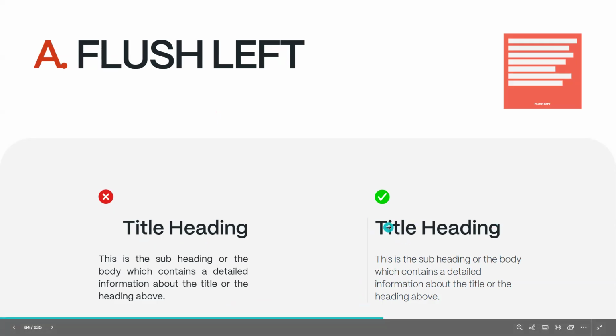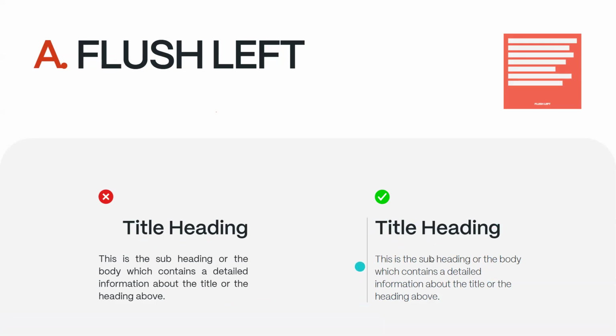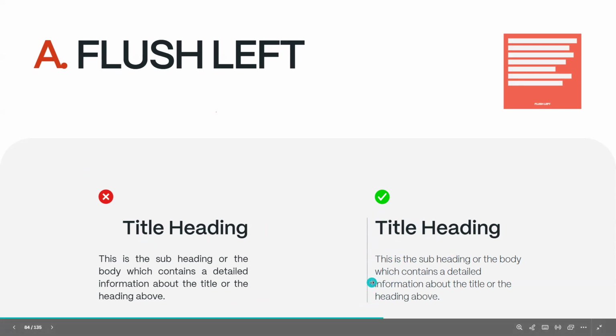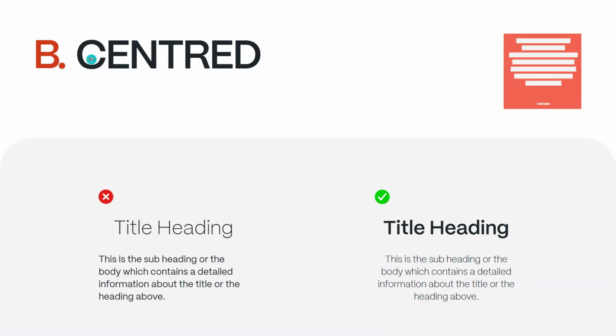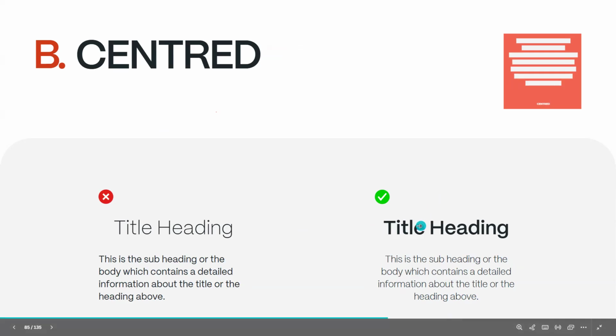Both the title and the body will align on the left side of the line. Center alignment: again, if you draw a center line here, the whole text will fall in the center of the line. That is how center alignment works.